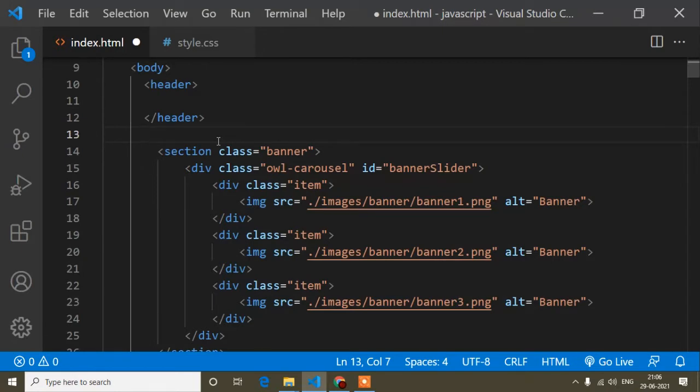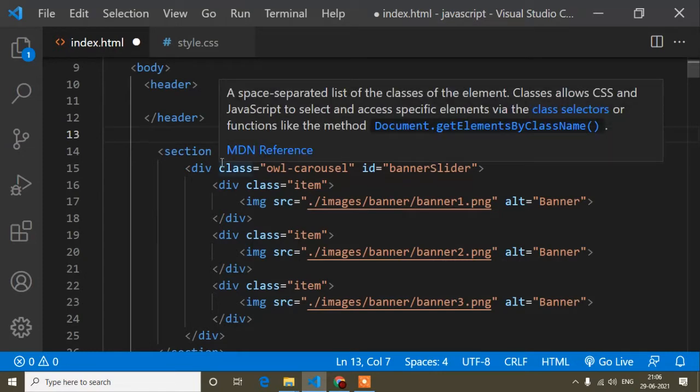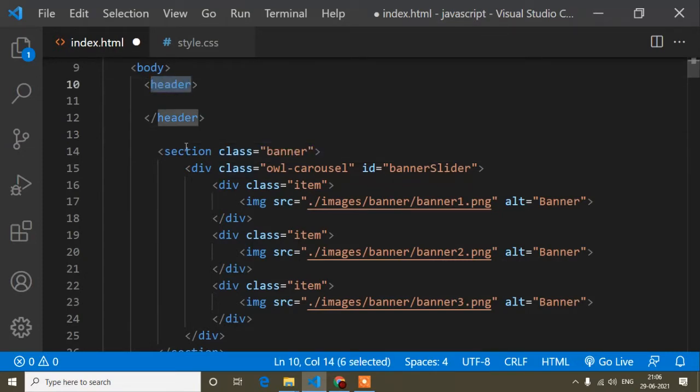So HTML5 provides us a header tag and a footer tag separately, but they are used similarly to section. I will use the header tag, but if you want, you can use the section tag also. But the benefit of the header tag is that when any other developer works on your project, he can understand that this is the header part, because you have written it inside the header tag. That is the benefit actually.